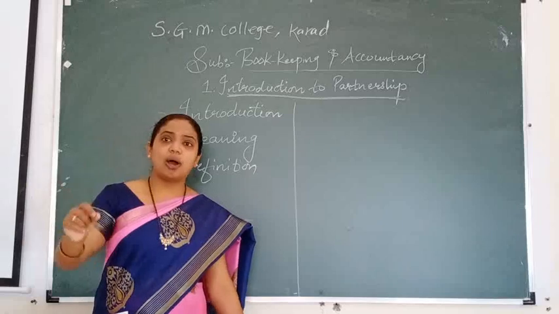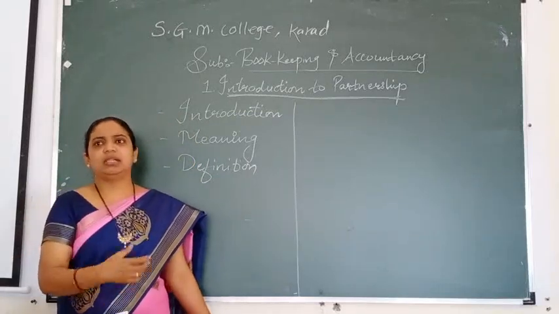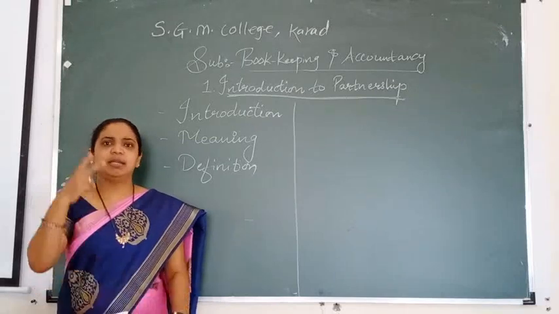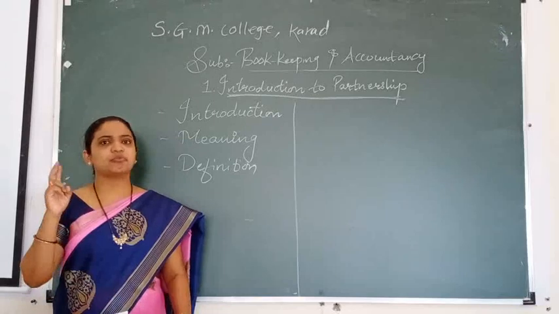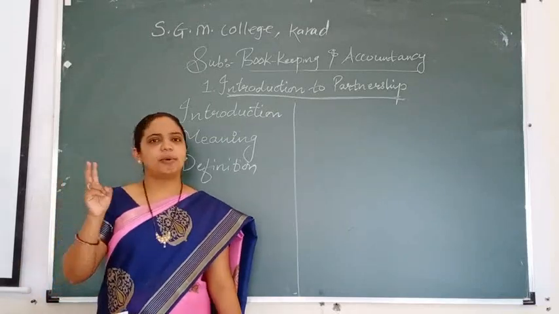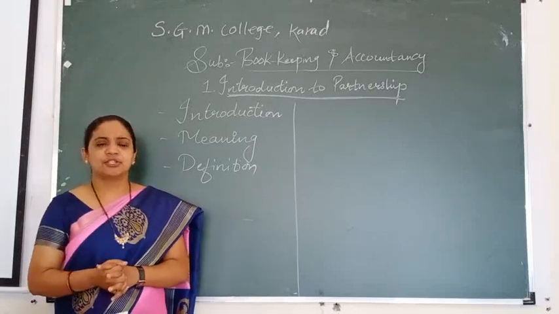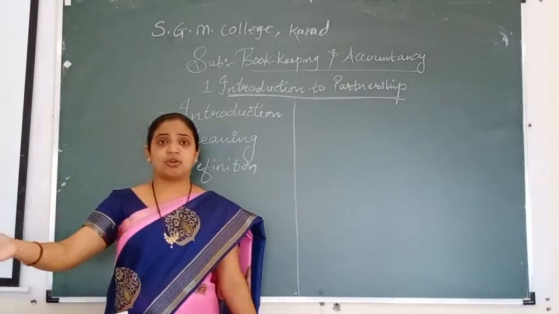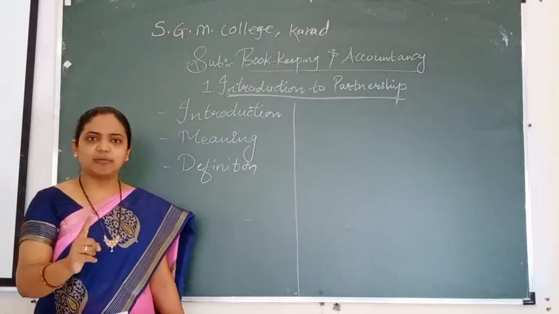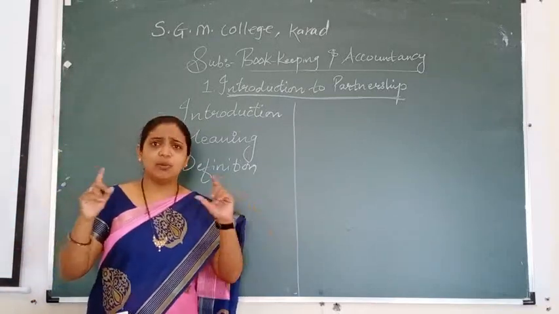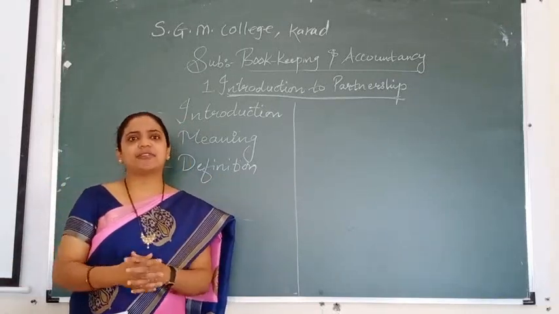Carried on by all means what? Each and every partner is there. You'll come to know further how many partners there can be. Minimum 2 persons are required because a single person cannot form a partnership. Minimum 2 persons are required to form a partnership, or more than 2 also. Now with the Amendment Act of 2014, many members are there according to your new syllabus. So, carried on by all or any one of them acting for all. Any one person can act for all, or every person can also act for it.